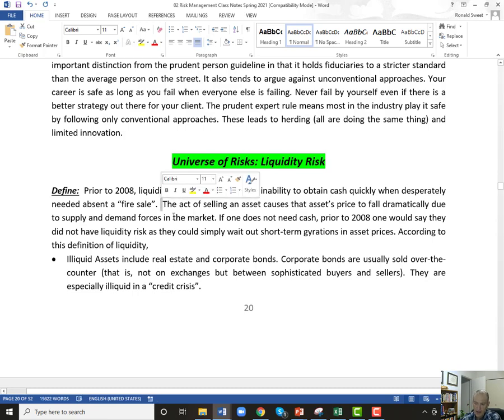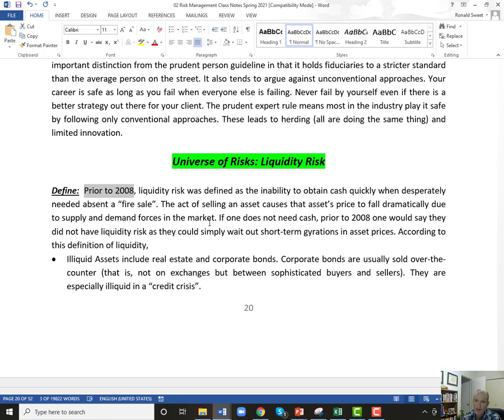So that's why it looks a lot like price risk, because you are losing money because you have to sell the asset. So prior to 2008, liquidity risk was only a risk if you needed cash. If you didn't need to sell anything, liquidity risk wasn't an issue. So the act of selling the asset causes the price to fall. If you have a $400,000 house and tomorrow you suddenly need $200,000 and you have to sell the house in 2 hours, you're probably not going to get a good price. That's a very illiquid asset. However, if you need $200,000 tomorrow and you have $200,000 in treasury bills, you won't have any trouble selling those and getting your cash tomorrow, and won't lose any money doing it.